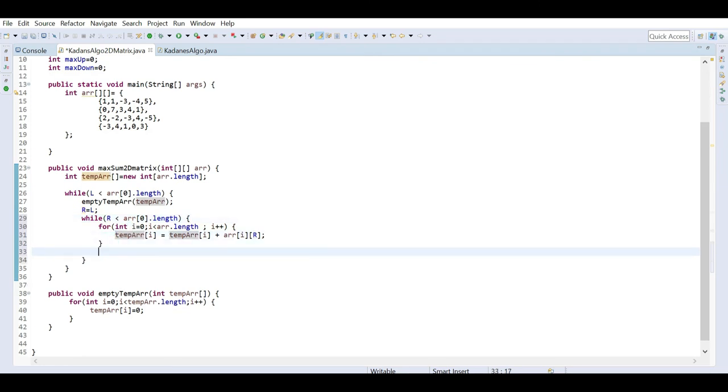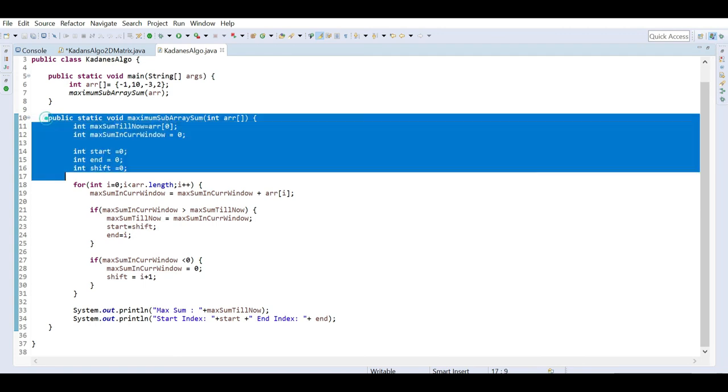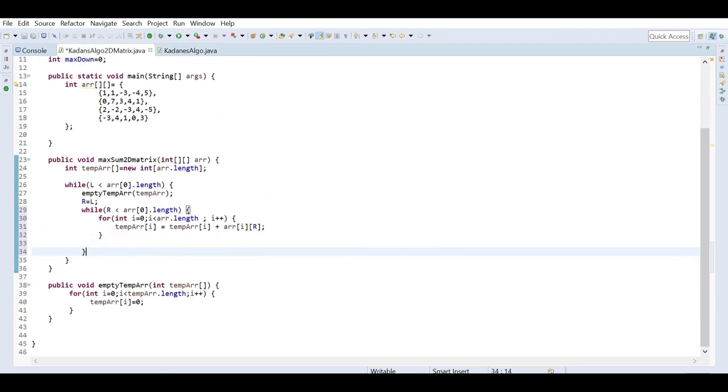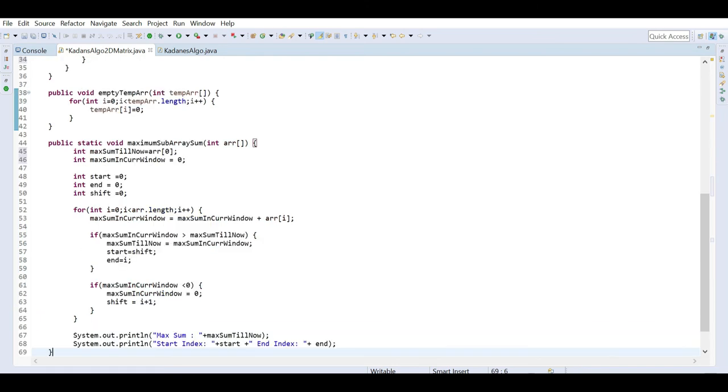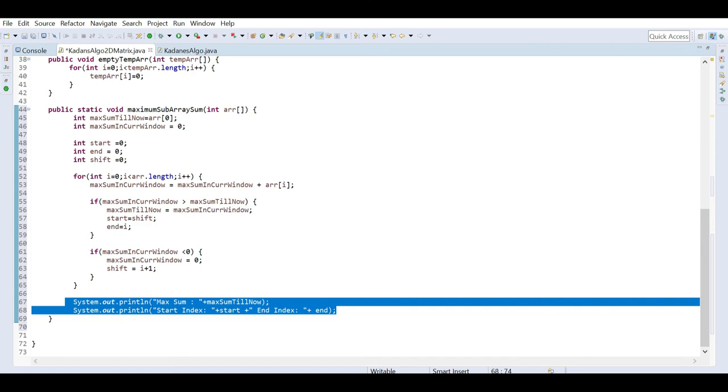Now we have to send it to the Kadane's algorithm to find the maximum sum subarray. If you see my previous video, I already did that, so we will go to that program and simply copy it and place the Kadane's algorithm here. You just have to remove the print statements from there.